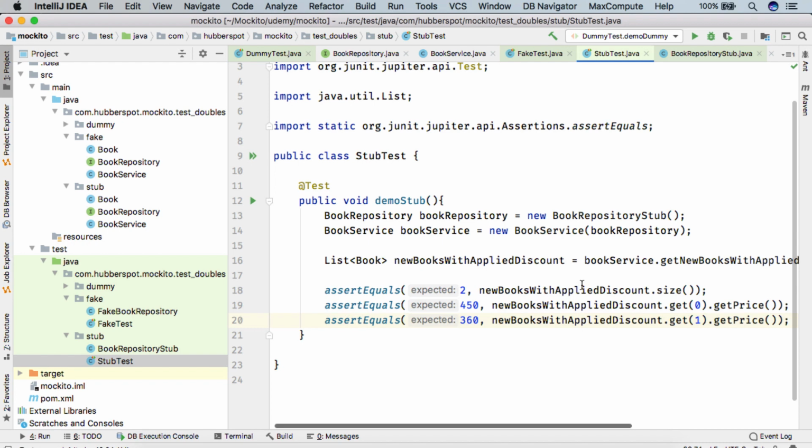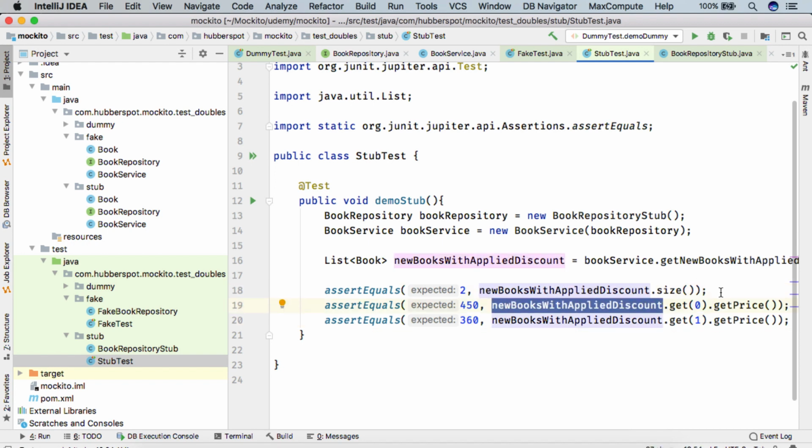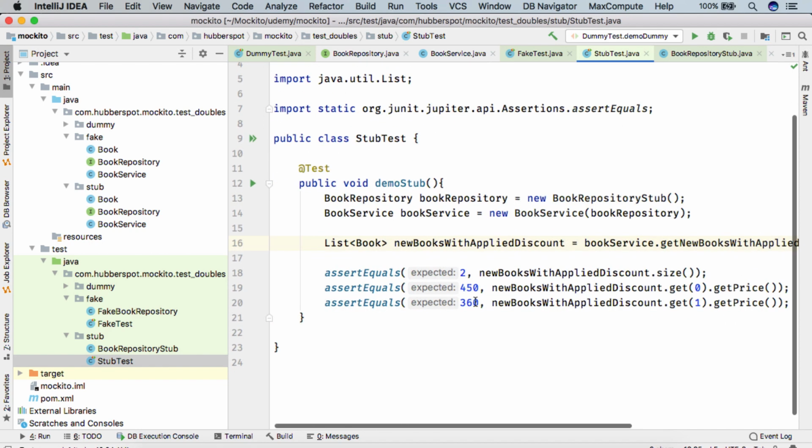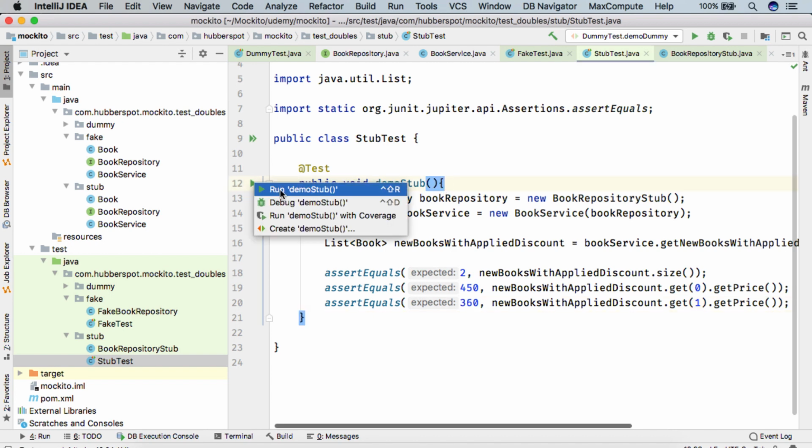So here as we are getting these 2 books, on the first book the price is 500 and after applying the discount it becomes 450. And for the second book the price is 400 and after applying the 10% discount, which is here, we get 360. So if I run the test case now,